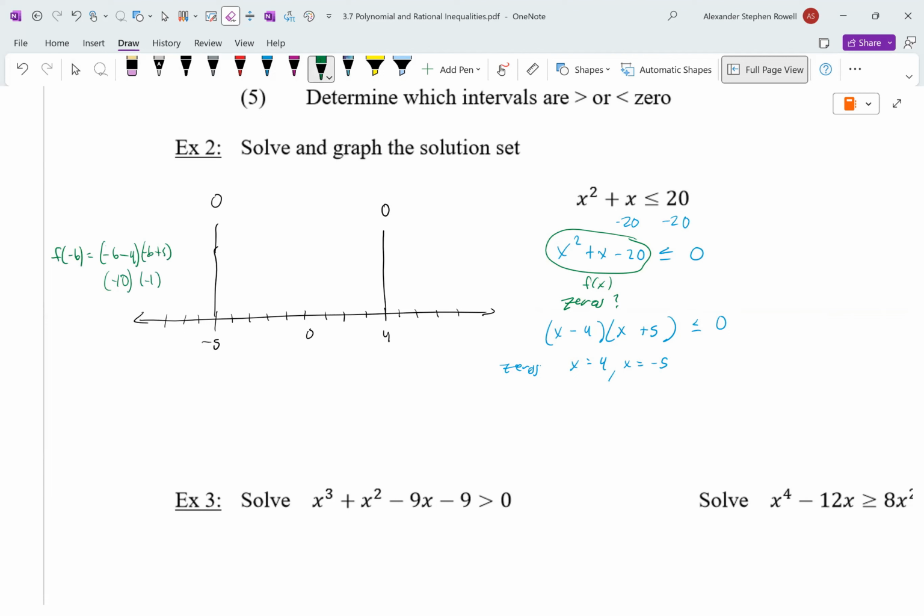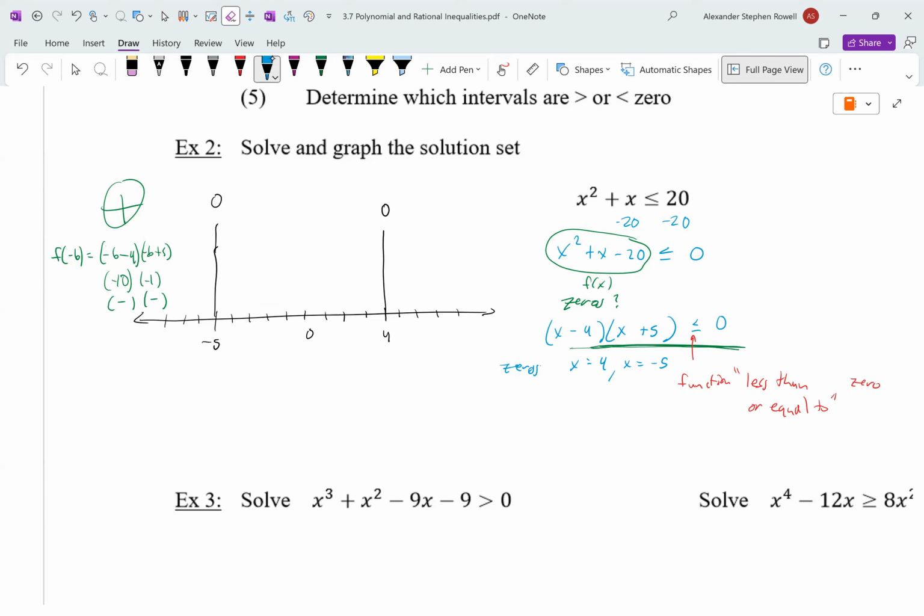Okay, and I don't care what number you plug in. I could have plugged in negative 100. The point is, whatever you plug in, you're going to get a negative times a negative in this interval, which makes a positive. So I know my function will be positive in this interval. Do I want those in my answer? Do I want when my function is positive? I want when the function is less than